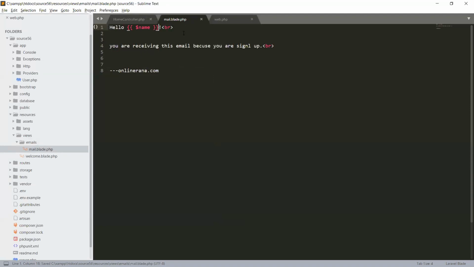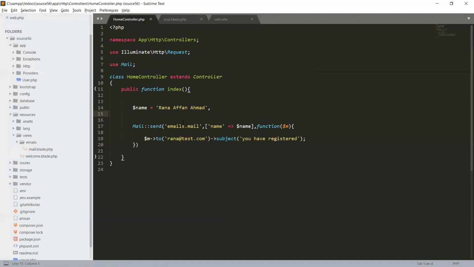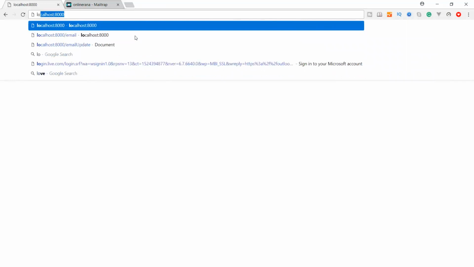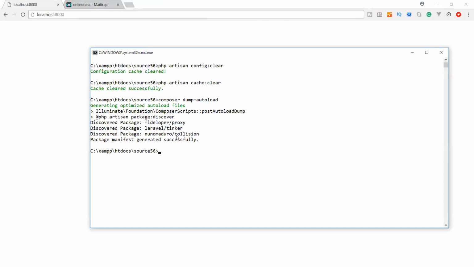And now the view is set, the route is set, and we have set our controller. Okay, let's check in our browser. Come to the browser and type localhost. Before sending email, one thing that you should remember, because sometimes there are configuration settings changed, and